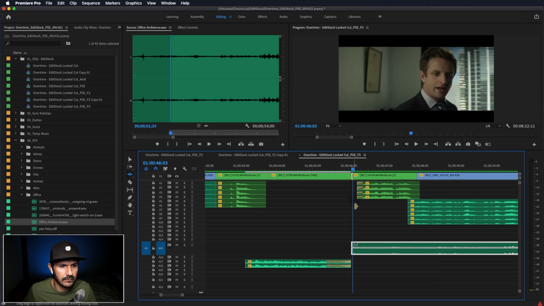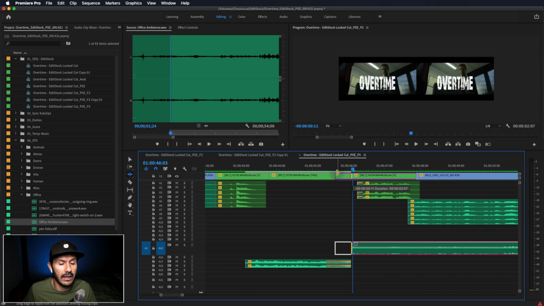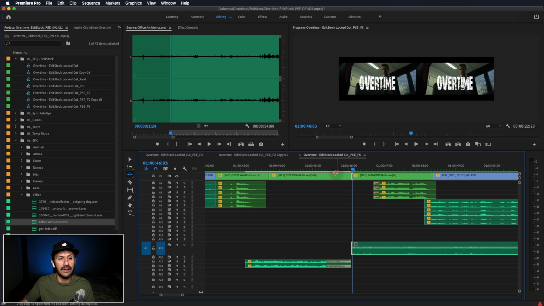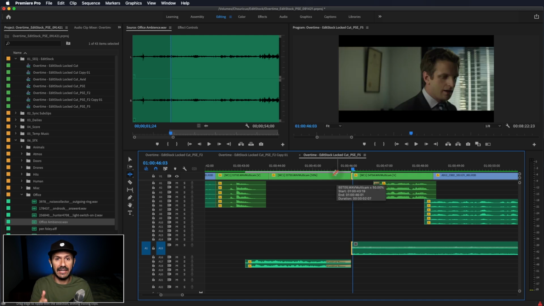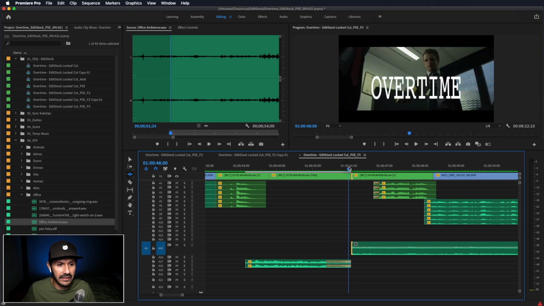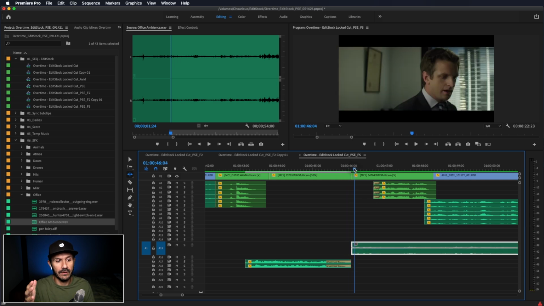And then now I could actually cut that back. And now they roll out together because now there are frames at the head of that clip, right? So you can see that now the sound effect of the office ambience has rolled back with the video clip together. So why is this important? Well, if we're constantly not giving enough head or tail frames, and we roll out a video clip, then we have to fix that. We have to move the